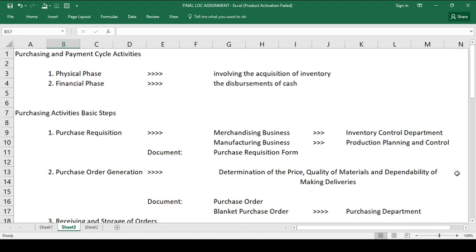Okay? So, the purchasing and payment cycle activities are divided into two different phases. The physical phase, which is about the acquisition of inventory, and the financial phase is about the disbursement of cash in relation to the acquired inventory. Okay,